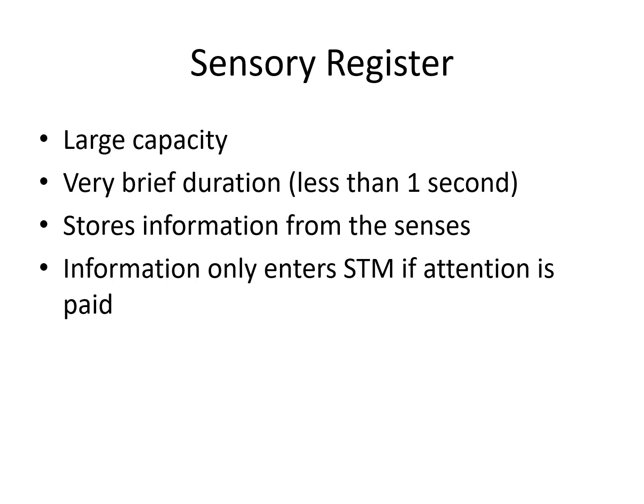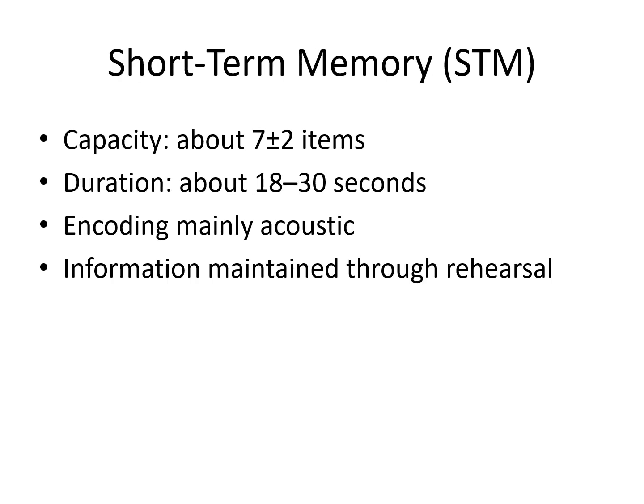So the first characteristic of the sensory register is that it's got a large capacity. It encodes visual and auditory information, and it's got about a quarter of a second duration. The second store